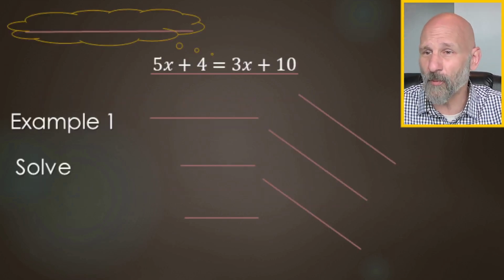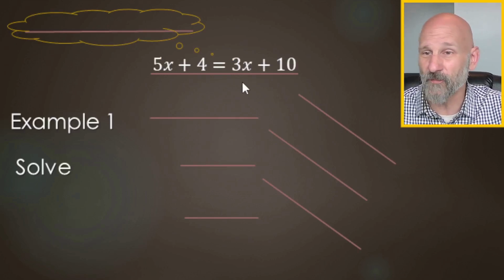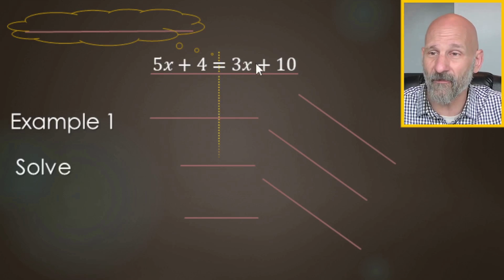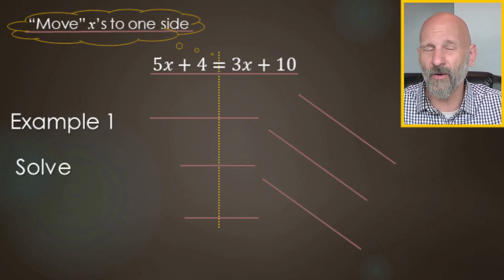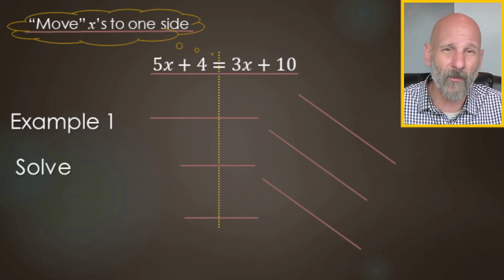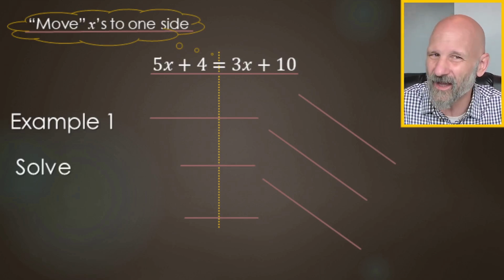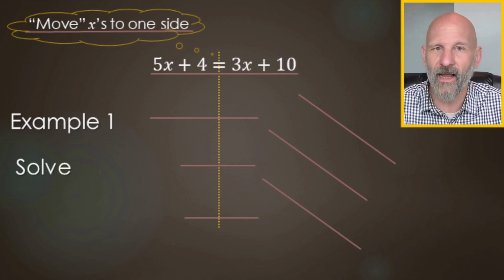So here's an example. We have 5x plus 4 equals 3x plus 10. Notice we have x's on both sides of the equal sign, so we want to isolate the x's. We want to get it to one side or the other. A lot of times, in our brains, we think, oh, we're going to move the x. Mathematically, you can't move the x. So isolate is a more mathematically correct way of saying it, but we're moving x's in this case